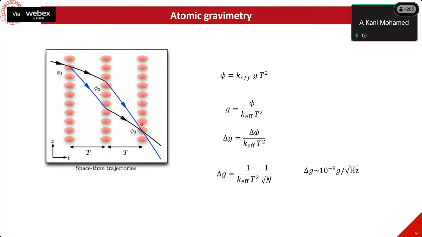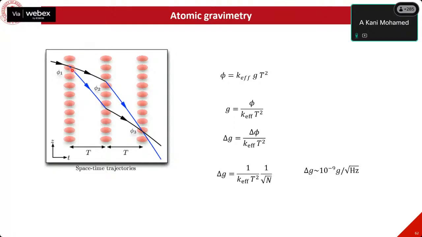And finally, in order to recombine everything, after the same time t, we apply another pi by 2 pulse and recombine both and measure the atoms which are in the excited state, the probability of atoms being in the excited state as well as the ground state, in order to estimate the phase difference that is caused by the gravitational acceleration. So what is the phase difference in the acceleration, which is nothing but k effective,